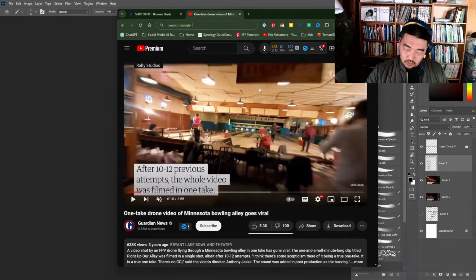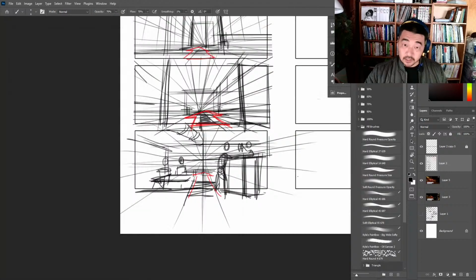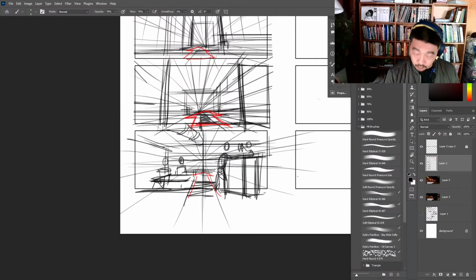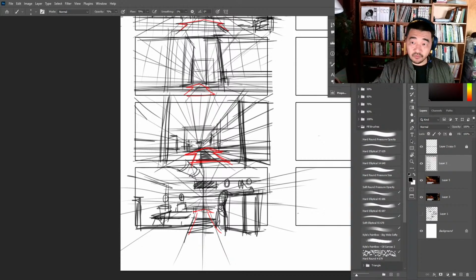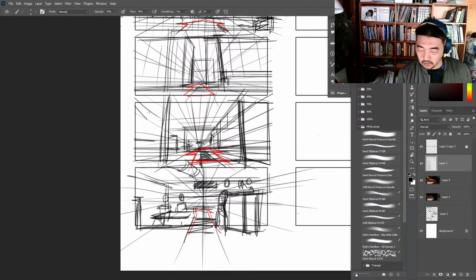I also like looking at this sign right here, because that sign is another point of reference. Point of reference is very important when doing camera moves. Maybe we'll have that sign way back there, and then you don't even see the sign, because point of reference, it helps. Let's throw in the person right here, and then we'll add the person sitting. Maybe you add like a jukebox or something right over there. These points of reference are going to help you move the camera, or give the impression that you're moving through space.